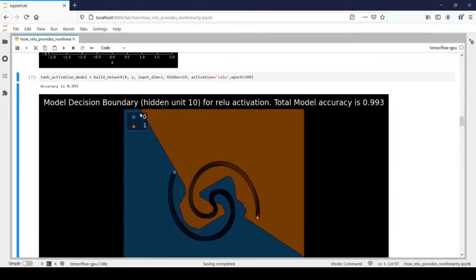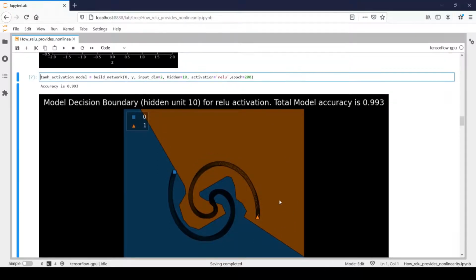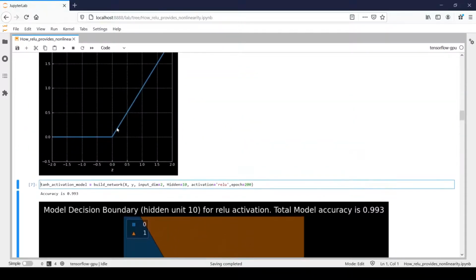And if you look carefully at what sort of decision boundary it has identified, you'll find that it has many small straight lines. Here you can see one straight line. Next we have a small straight line. So it's a combination of different small straight lines which form a very complex pattern to classify your data. And where has the model picked up the straight lines for creating this complex behavior? This has been picked up by the activation layer, right?